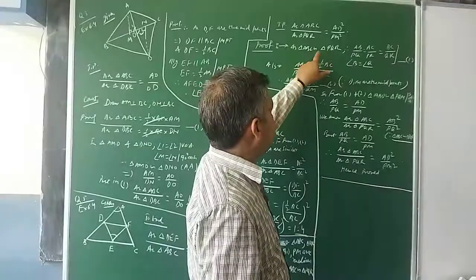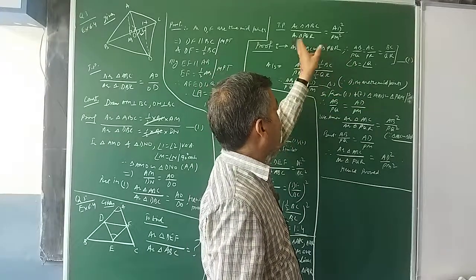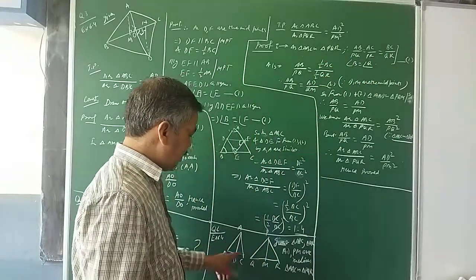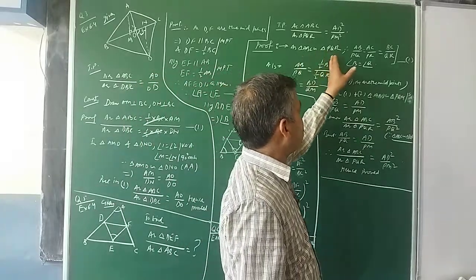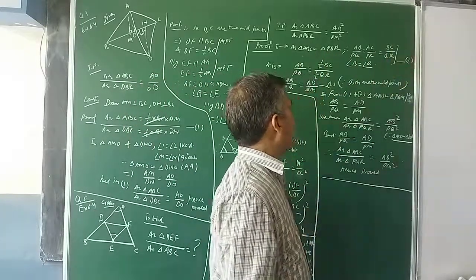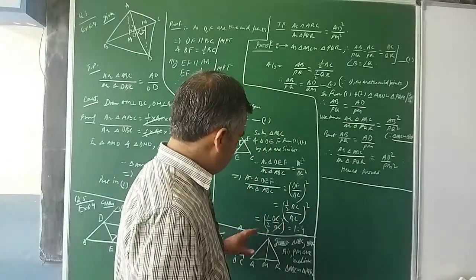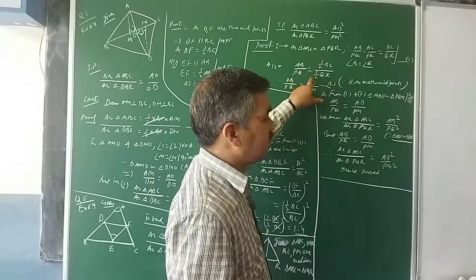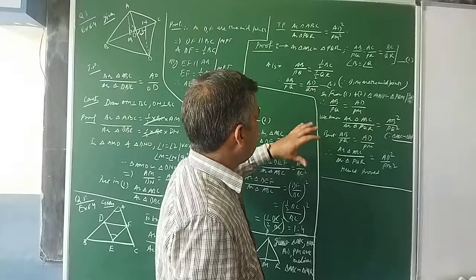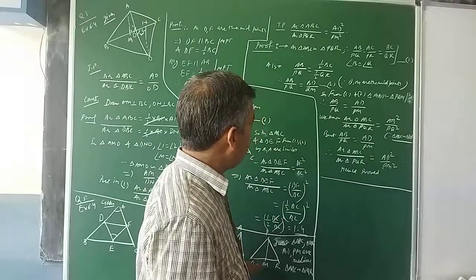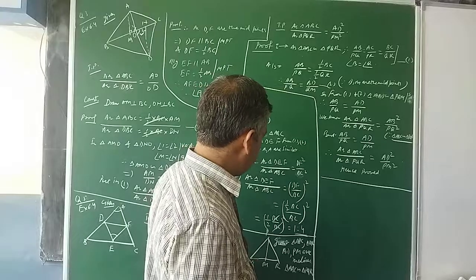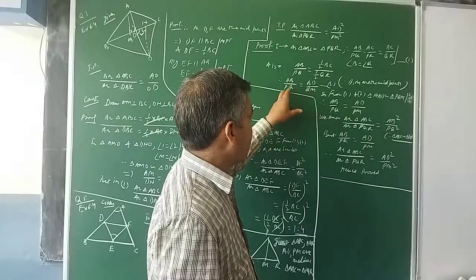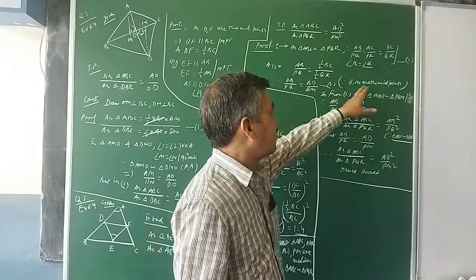As you are given, ABC is similar to PQR, fine. So if two triangles are similar, their corresponding sides will always be in proportion. I have picked up that angle B is equal to angle Q because the triangles are similar. I have mentioned this as number 1. Then AB upon PQ is equal to BC upon QR, but BC upon QR I can represent as half of BC upon half of QR. Why? Because I need to use the median over there. So half of BC is BD and half of QR is QM. So AB upon PQ I have replaced by BD upon QM, and the reason I have mentioned there.